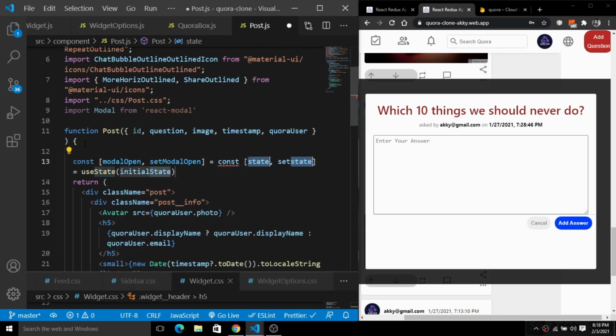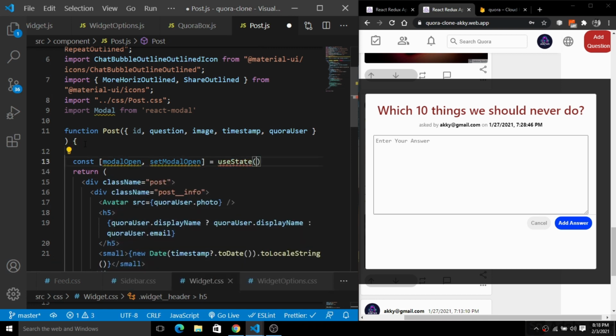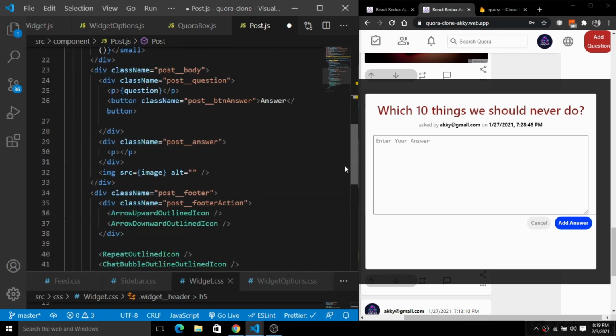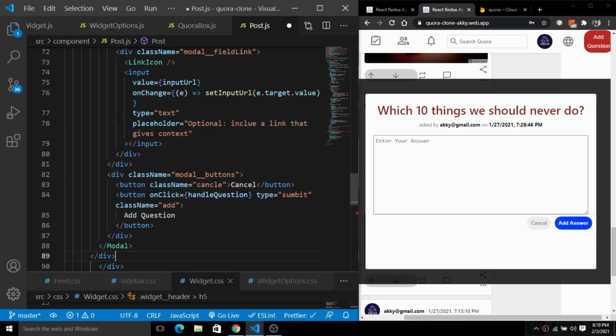I'm going to simply import this useState from React here. So now after that answer button here, we will simply paste the modal here. So we have this modal here.